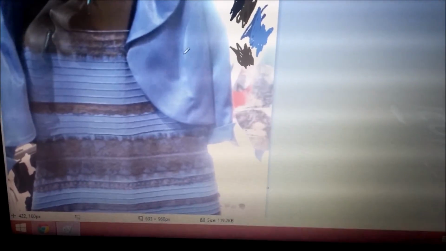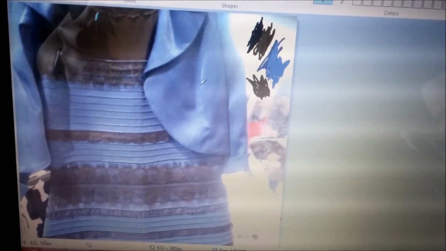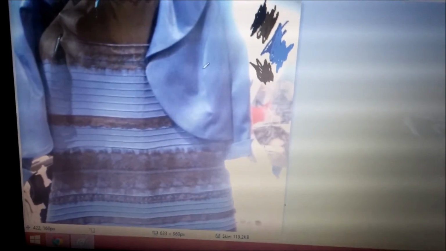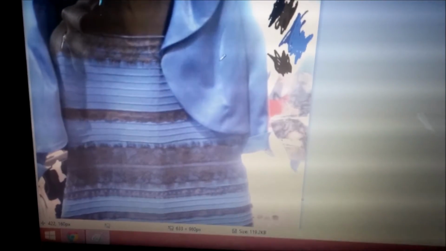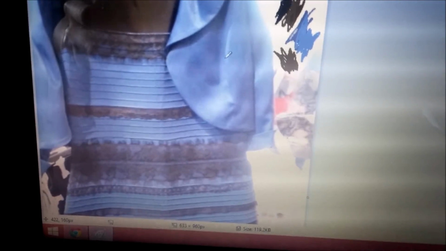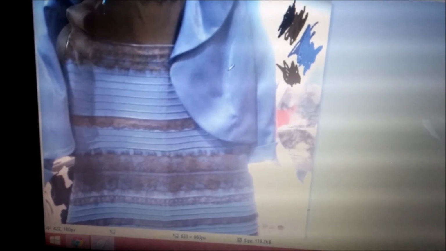So let's start with what our brain does. I'm going to try to explain this. My dorm has a yellowish light, and when I look at a white sheet of paper, my brain has a mechanism that tells me that the yellow tint of the paper is from the light, not the actual piece of paper. So when I look at the paper, I see white. I don't see yellow. Without the mechanism in our brain, we would look at it and see yellow and think that the sheet of paper is yellow. But no, our brain tells us that the yellow is from the lighting source,